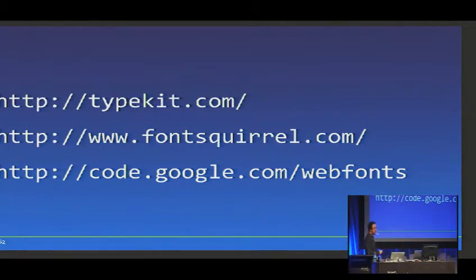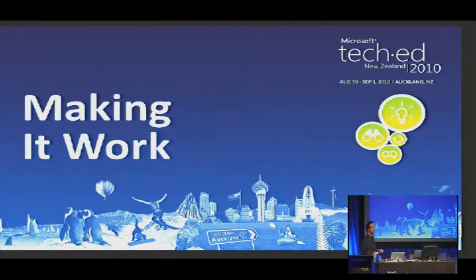And then there's the Google Code web fonts thing. That's basically a very small subsection of fonts that Google allows you to embed. And they've basically hooked up with Typekit to produce that for you. Now, everything I've shown you kind of sort of works a little bit, sometimes, depending on what browser you use. So the important thing here is making sure that when you go home and you use this, it will work. So I'm going to show you now how to get it to work and make sure that cross-browser-wise, things are looking sweet.